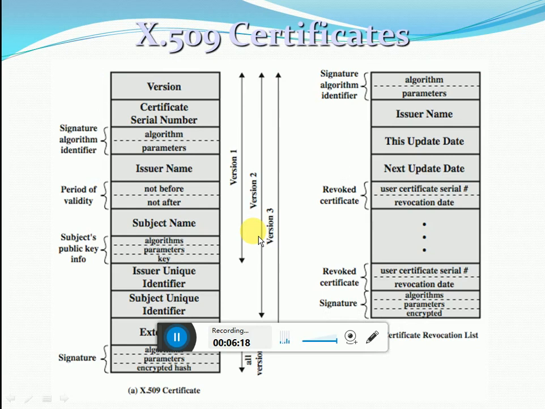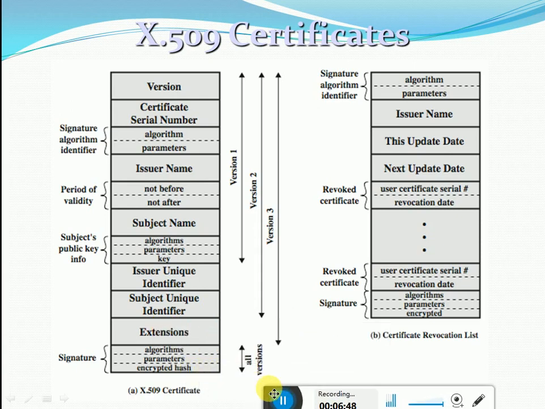One such certificate is shown over here. As I said, these are certain fields that are associated with a certificate. So first, version and certificate number, because X.500 has different versions, version 1, version 2 and version 3. So version 1, certificate serial number, algorithm and parameters which are used, like signature algorithms, basically